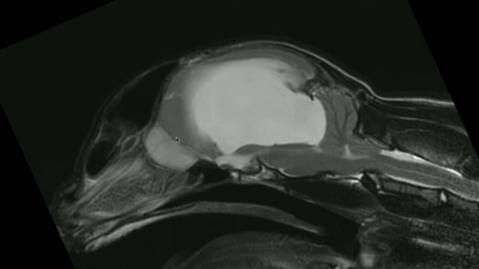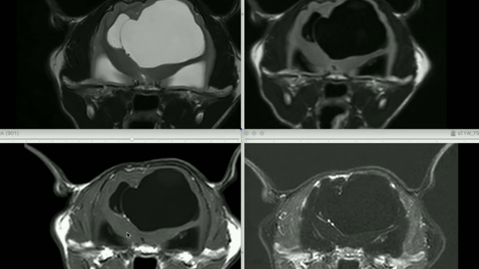Due to the severity of the hydrocephalus, we have quite marked rostrocaudal compression of the cerebellum and really profound foramen magnum herniation. So here we can see quite a severe extension of the caudoventral vermis through the foramen magnum with this brainstem compression. So the pattern of dilation of the CSF spaces implies there's obstruction to CSF flow between the lateral and third